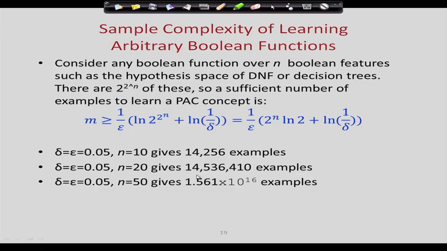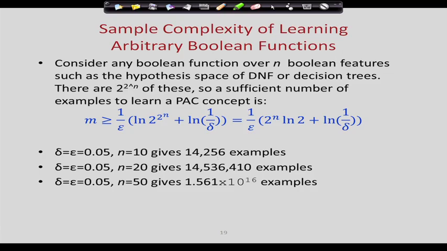If your hypothesis space is all possible Boolean functions, the size of the hypothesis space, if you have n attributes, is 2 to the power 2 to the power n, which we have already seen. In this case, m will be given by this relation: m greater than or equal to log of 2 to the power 2 to the power n plus log of 1 by delta, times 1 by epsilon. And if you put some values of epsilon and delta, for example, epsilon and delta are 0.05 and n is 10, you require